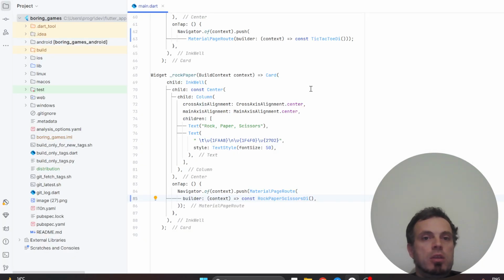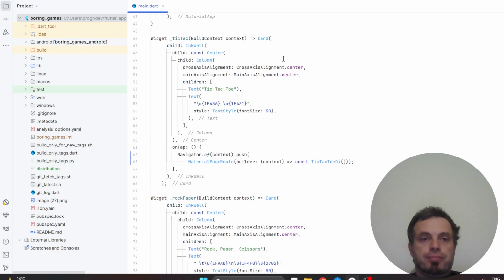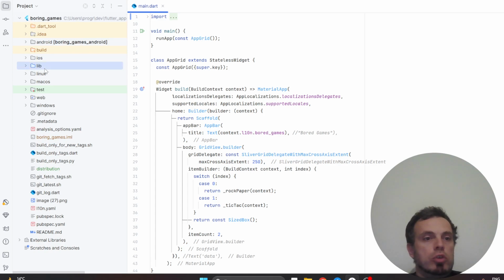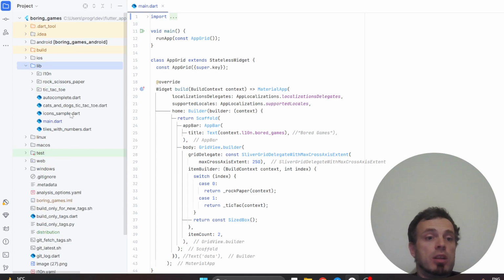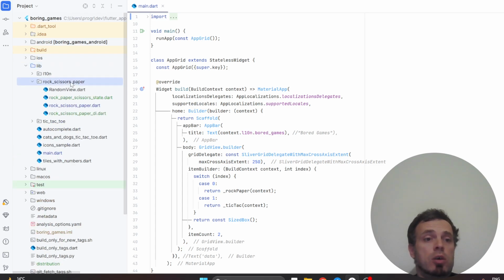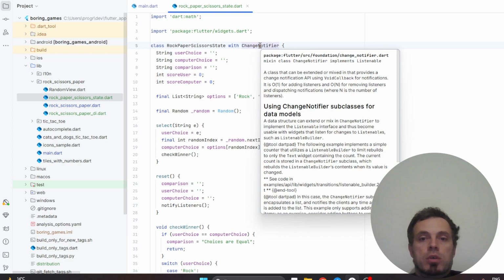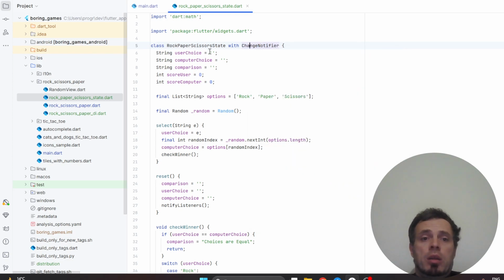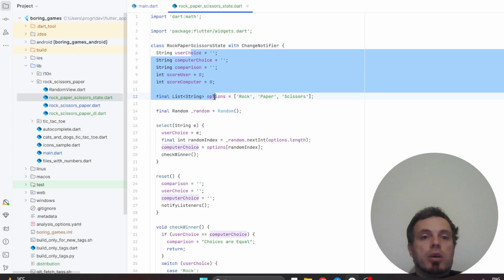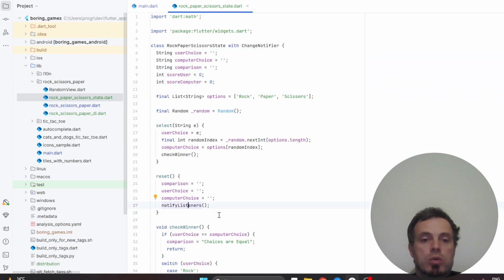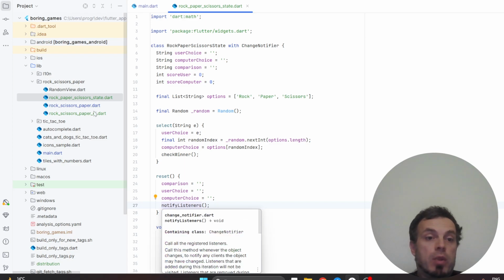Basically, the Android framework offers widget code. Basically, it is more of a listener, not a widget. Change notifier. It is part of Flutter Foundation, and it is just a listenable. And you could place your code, your state here, and when something changes, you could notify your listeners with notify listeners method, and